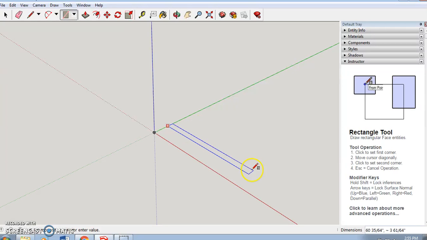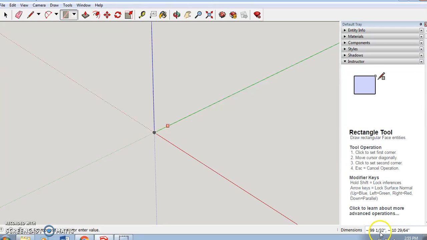You can see the blue lines, but down in the corner you see measurements. So one of the things you can do is you can just start typing on the keyboard and you can type in the measurements that you want. You have to use specific symbols. So if I want this to be a 1 inch box, I type a 1. I have to type the inch symbol, which is quotation marks, and then put a comma,